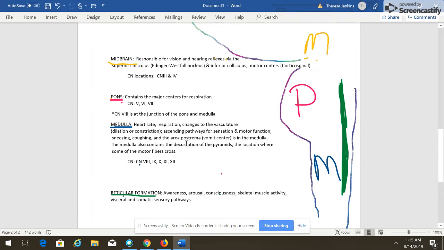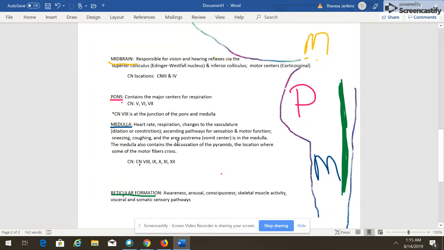The medulla shares functions with the pons in that the medulla is also responsible for respiration, but the medulla has many other functions such as heart rate, changes to our vasculature, referring to our blood vessels. The medulla also helps with sensory and motor functions. The medulla assists with our coughing and sneezing reflex, and our vomit center, known as the area postrema, is also